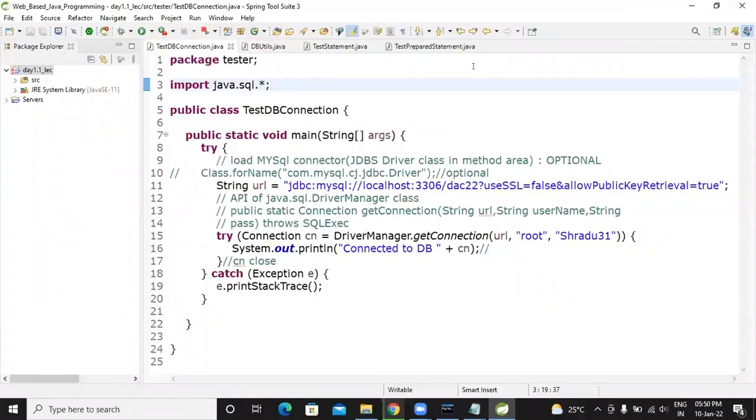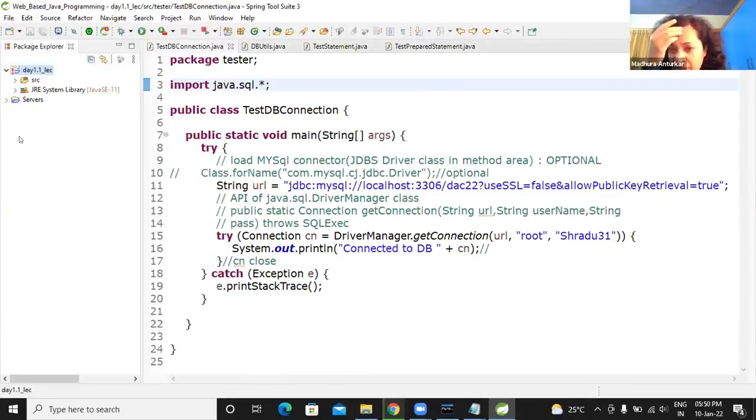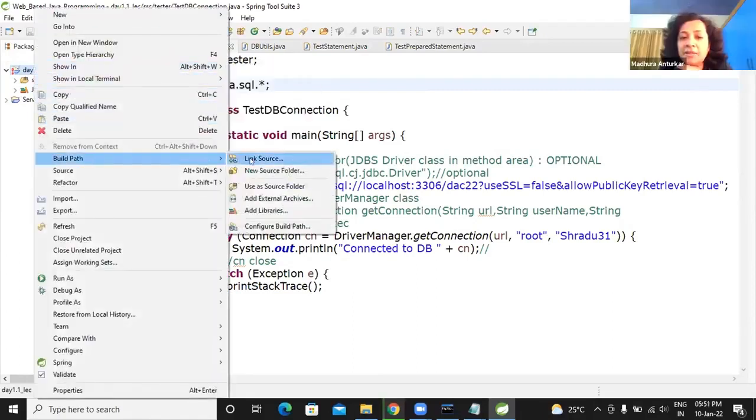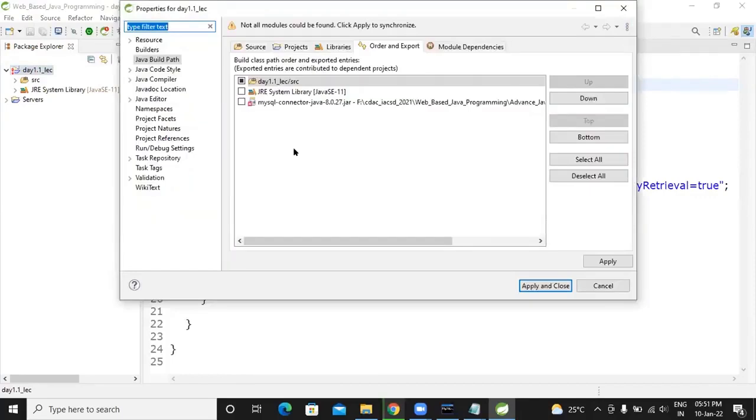Right click on the day 1.1 lecture. Just a second, Shraddha. Guys, if others are having the same problem in importing and working on it, please follow the same instructions. Yeah, let's continue, Shraddha. Right click on that project, build path. Yes, configure build path, the last one, correct. So you yourself will realize. Now click on the